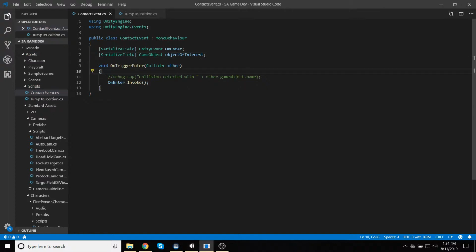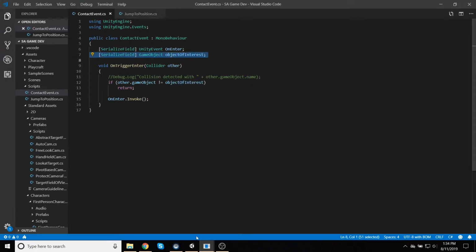Then in my OnTriggerEnter, go up here, say if other.gameObject is not equal to objectOfInterest, return. If the game object that the other collider is attached to does not match the game object that we're